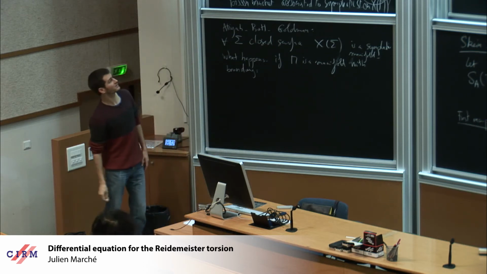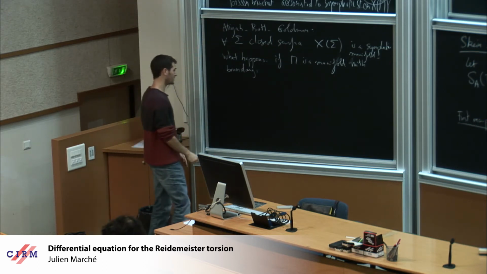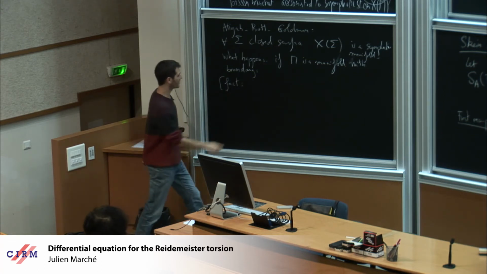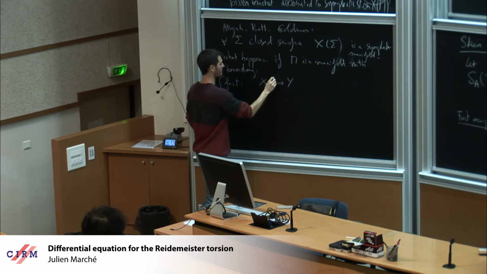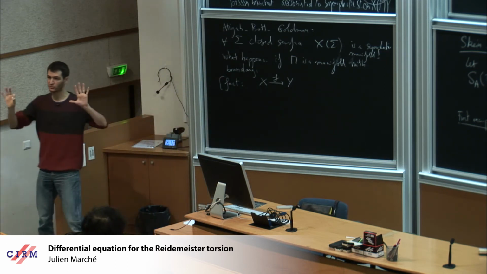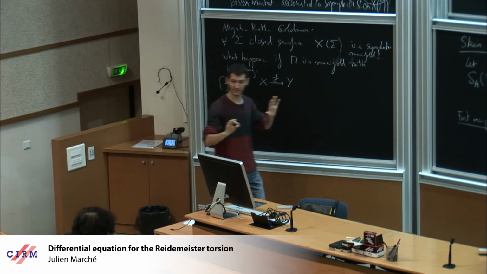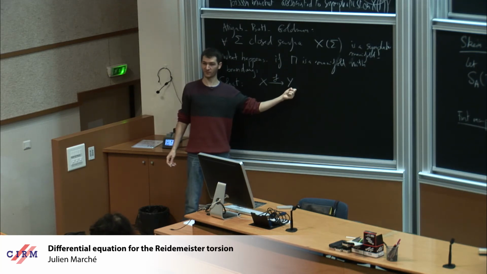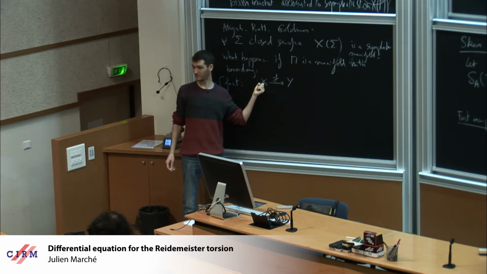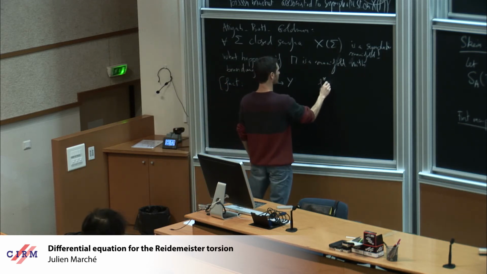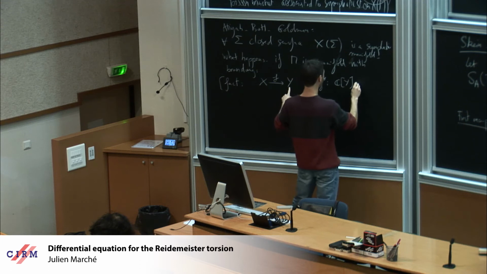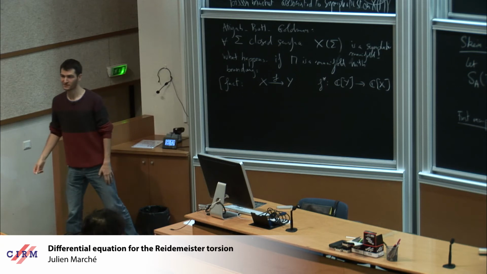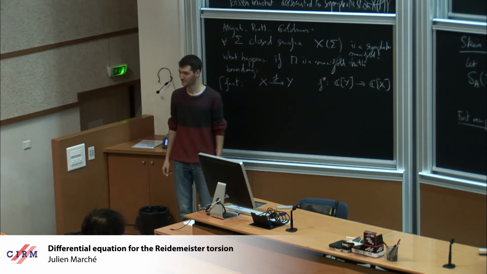So let me say something about algebraic geometry. A simple fact: if you have an algebraic map F between two affine algebraic varieties, to give this map is the same as to give a map from the algebra of functions of Y to the algebra of functions of X, given by precomposition. This is the way we define algebraic functions indeed.